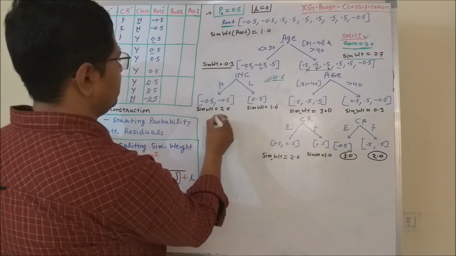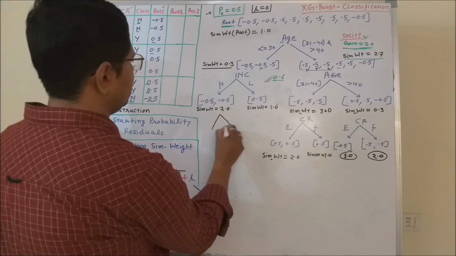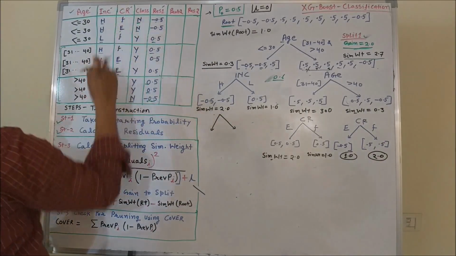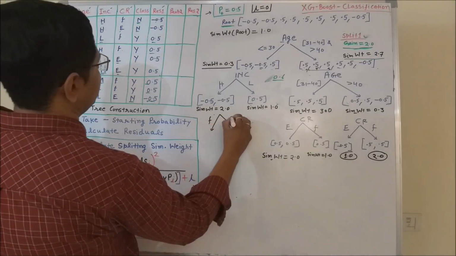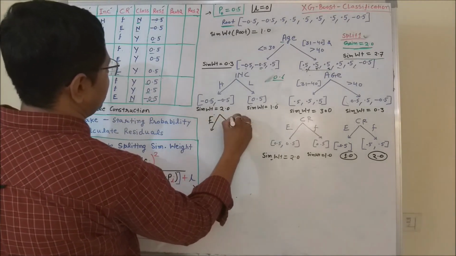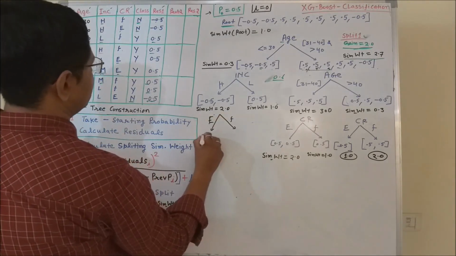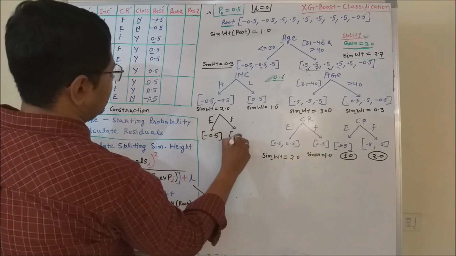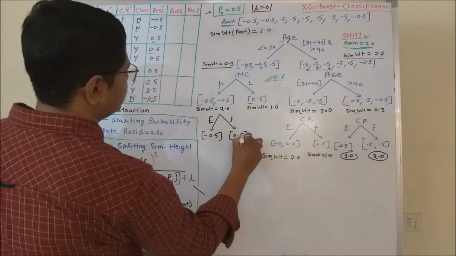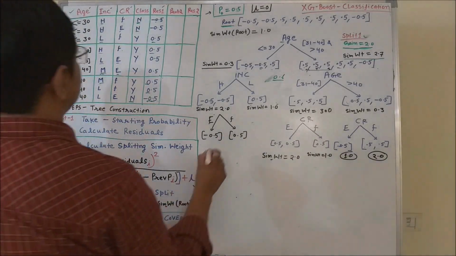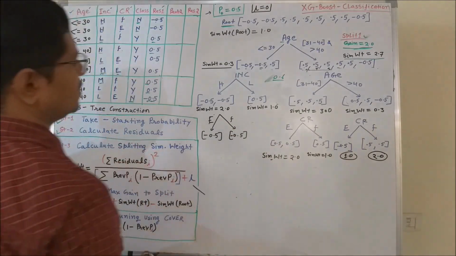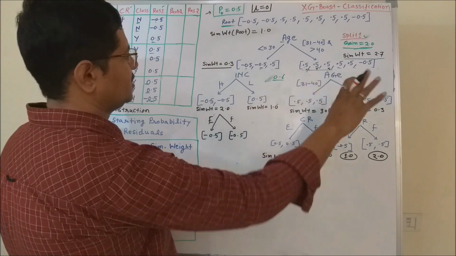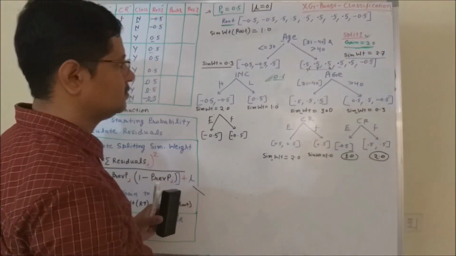Similarly again for the next level you can divide it, because for high income in this category you again have the credit rating fair, so you can take excellent and fair. In the case of excellent there will be one leaf, and for fair again one leaf. I am just considering the three level trees, so I am not going to do further decomposition.